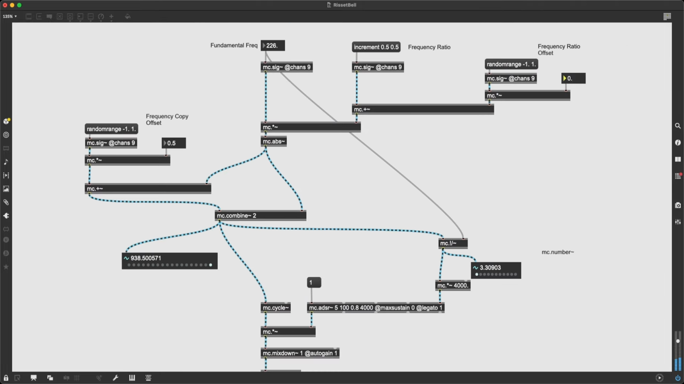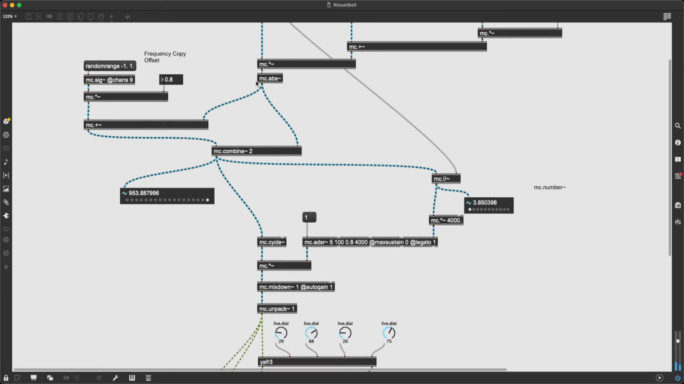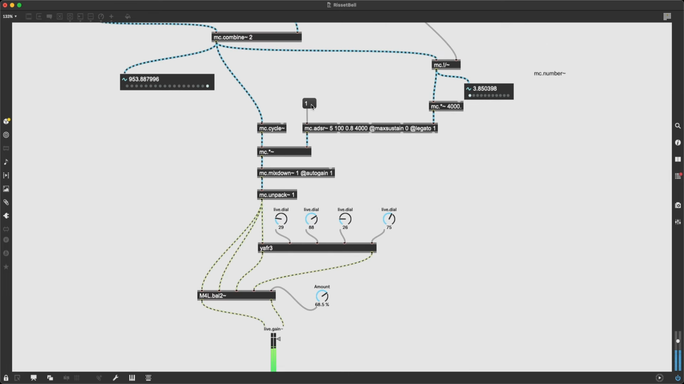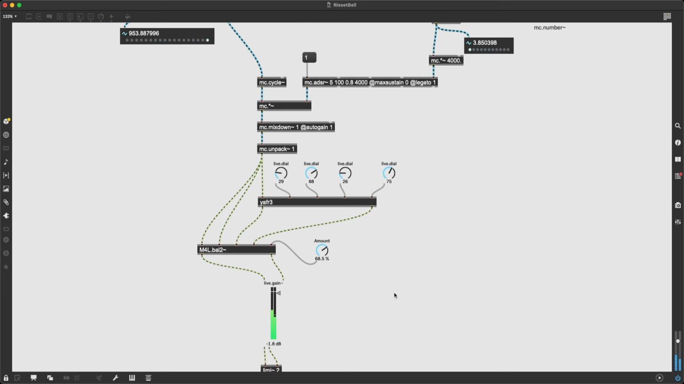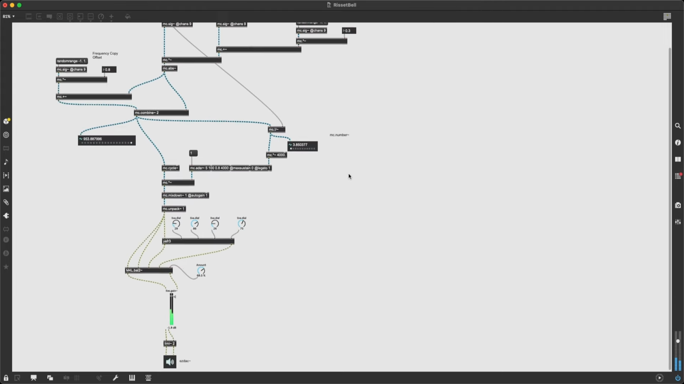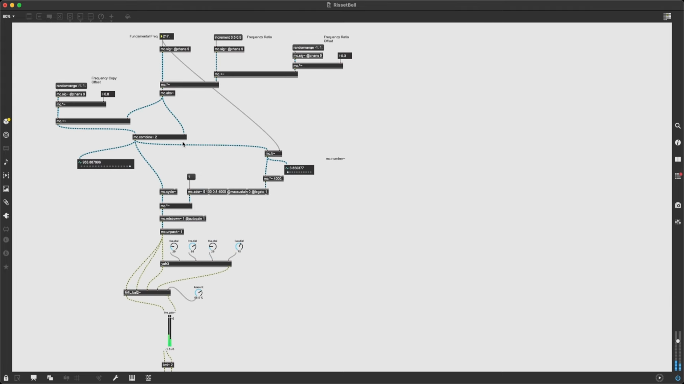Maybe we can lower the offsets a bit more in order to have a stronger approximation of a bell. I don't know. We can play around with this all day if we want to. There we go. Now that's a nice bell sound. And here we did it. We have implemented Risset's algorithm to approximate a bell sound by just adding a bunch of sine waves together